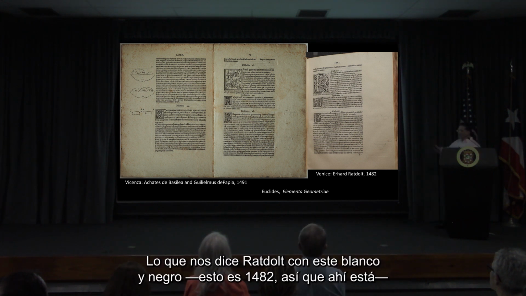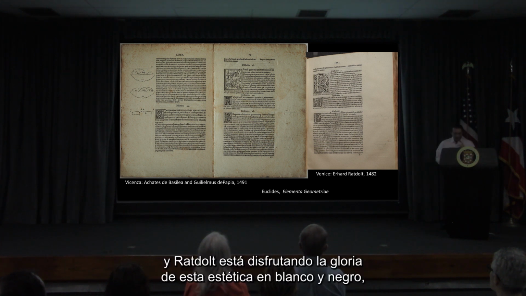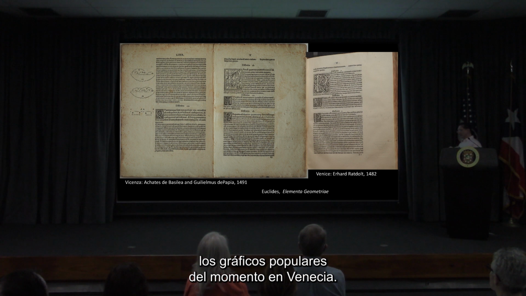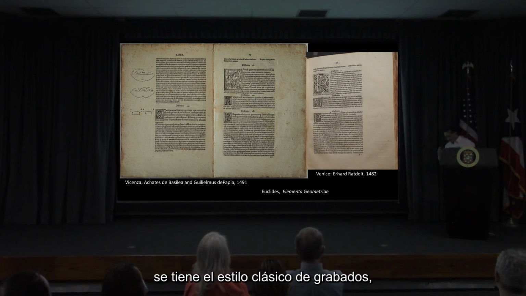So Rattle, with this black and white, this is 1482, so yeah, there it is. And that is 1491. Rattle is basking in glory with this black and white aesthetics. And the printers in Vicenza, in fact, followed what was at that point the popular type of graphics. At this point, in Venice, I don't like this distinction, but in any case, you have the